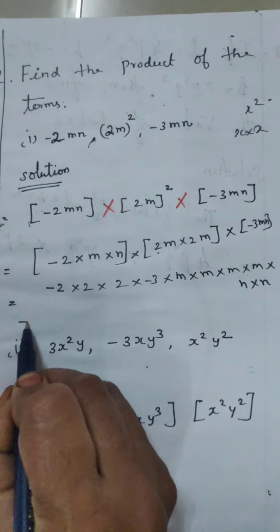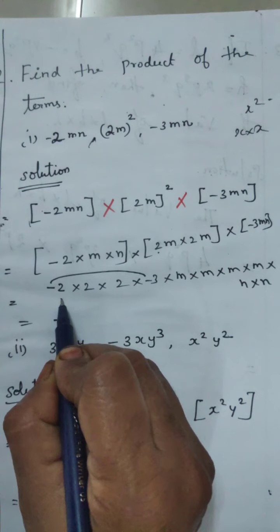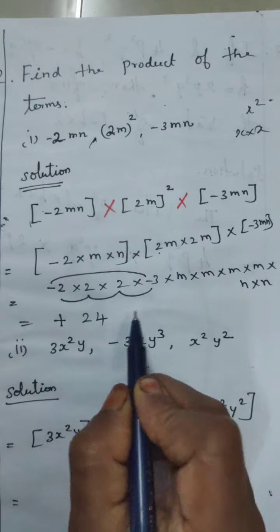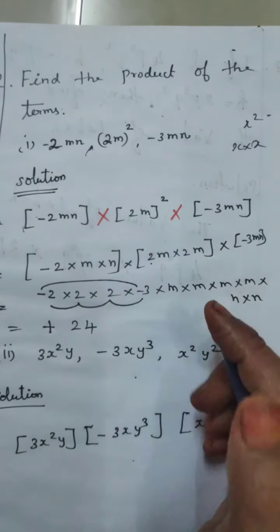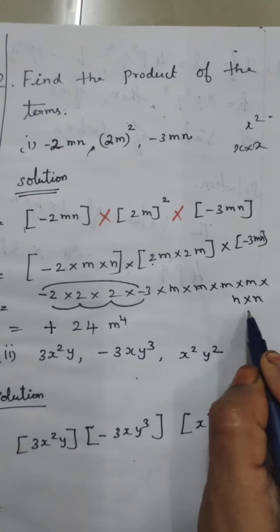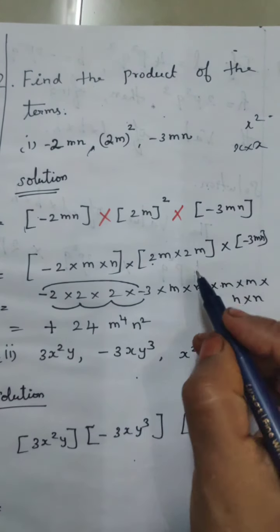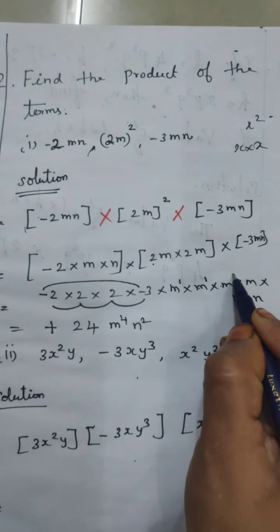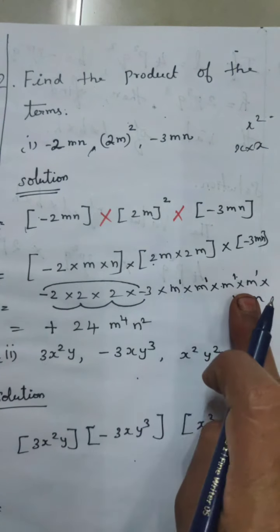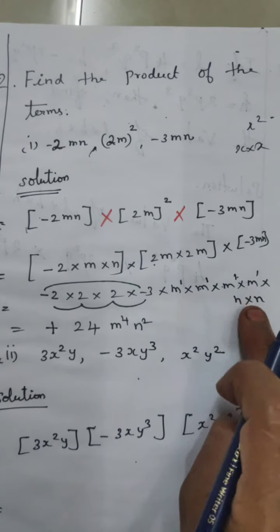Next work, multiple the numbers. First multiple the number, plus in, minus into minus, plus 2 2s are 4, 4 2s are 8, 8 3s are 24. Multiple the number, should not add and write. Now easily count and write. How many m's? 1 2 3 4 m's. m power 4. How much n's there? 2 n's, n squared. Here no need to put in the into symbol. Here power is 1, power is 1, 1, 1. 1 plus 1, 2, 2 plus 1 is 3, 3 plus 1 is 4. So which identity is used there? A power m into a power n is equal to a power m plus n, 2 also using and writing there.